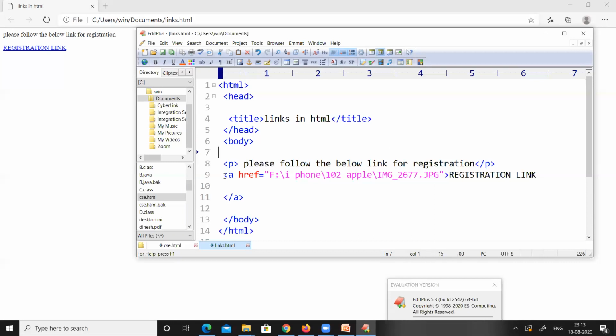Now we have used the anchor tag, which is used to create links in HTML programs.